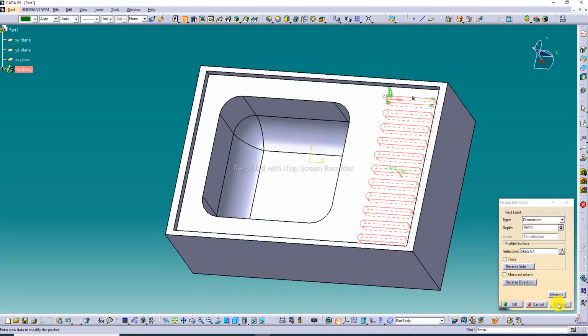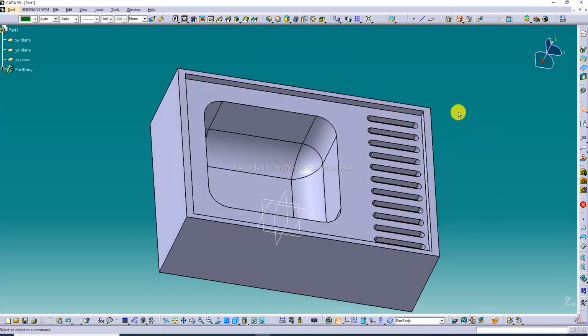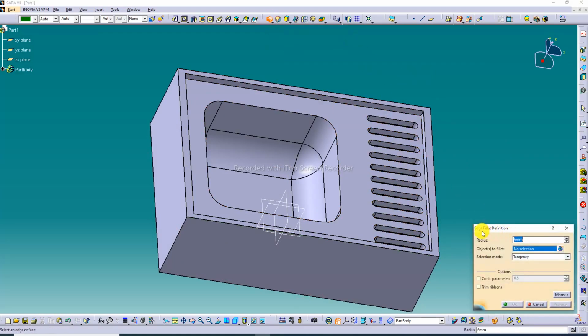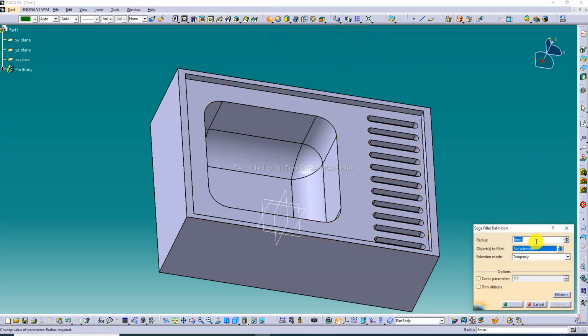Okay, the preview is showing here. This is perfect. This is an edge fillet, 1 millimeter is perfect. This is correct. The fillet is 1 millimeter, and click one by one: 1, 2, 3, 4, 5, 6,